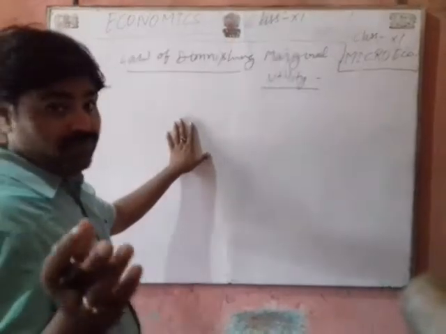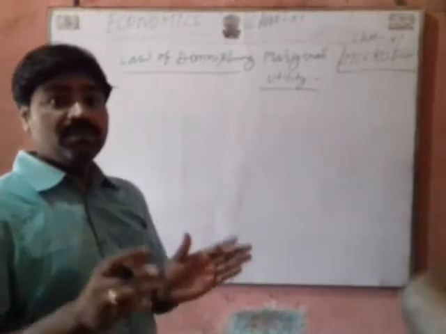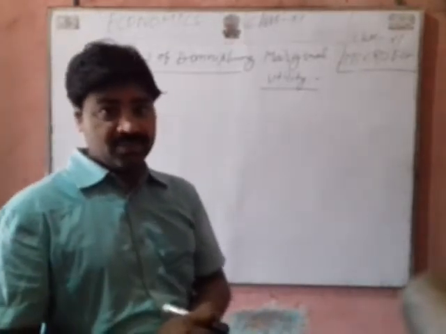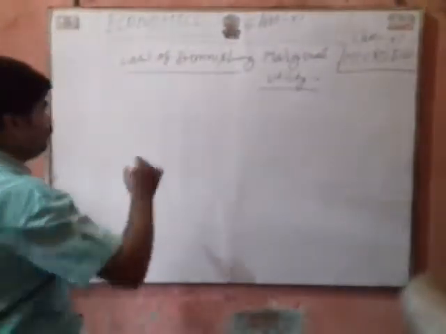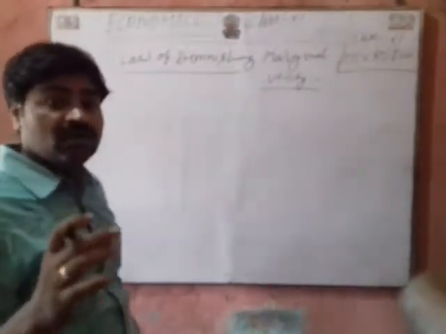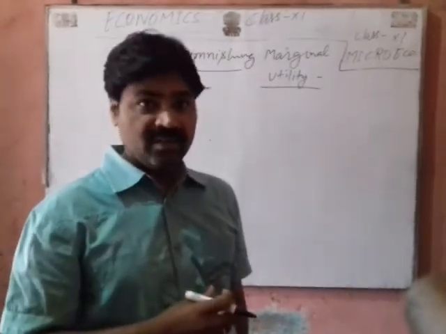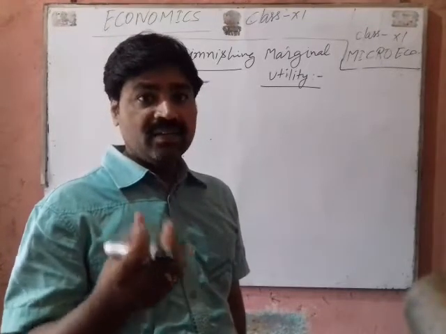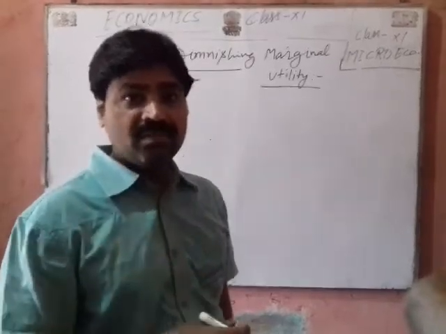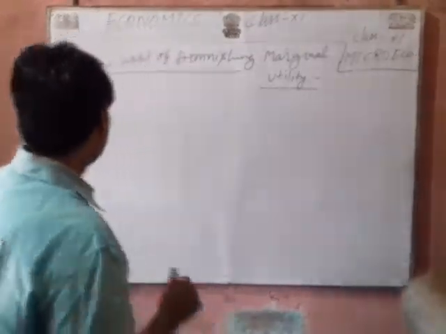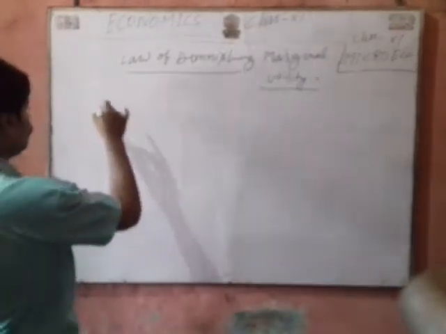It is also called the first law of Gossen. It is applied to the consumption of all goods and services. We can show it with the help of an example. Suppose a consumer is consuming units of bread to satisfy his hunger. We see that the marginal utility derived from each succeeding bread or each additional bread goes on declining. Here we take the example and a schedule.